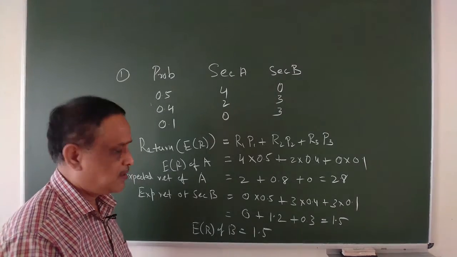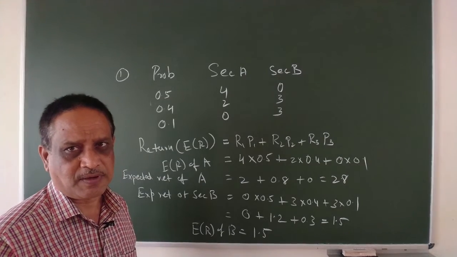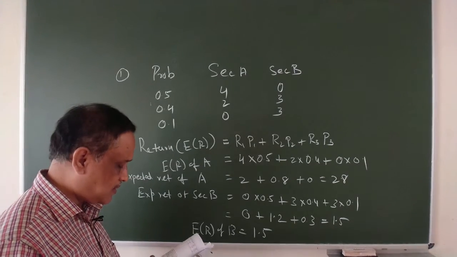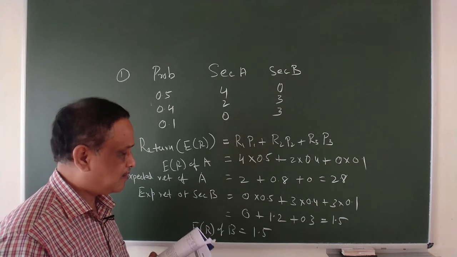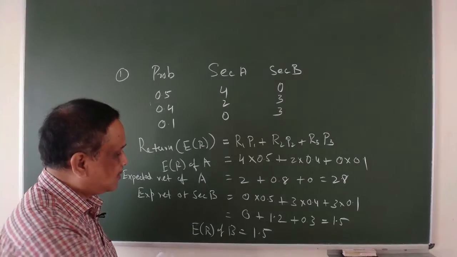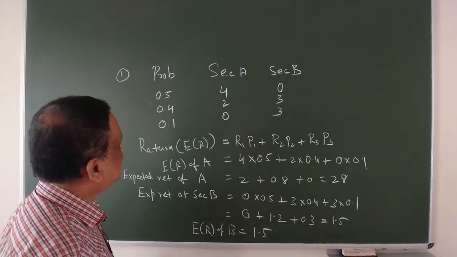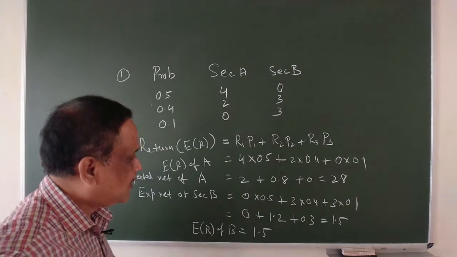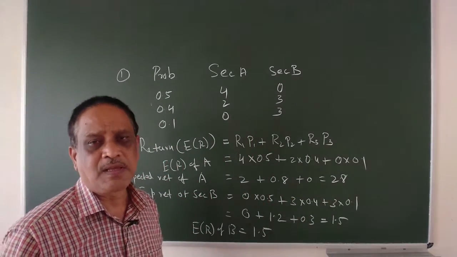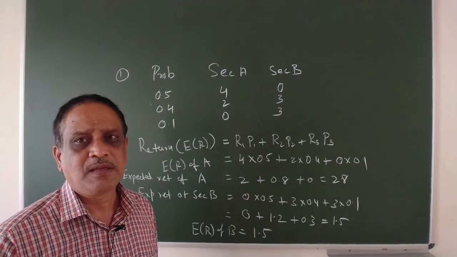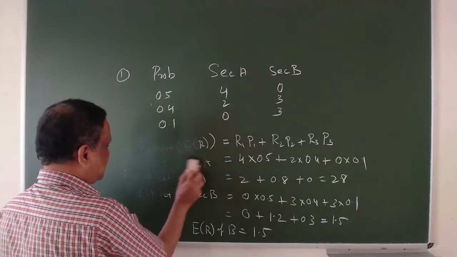So based on returns, security A is preferable. A will give you higher profit, higher return. But we have to see return and risk also. We have calculated the return, which we call the expected return. Now let us see the risk. How to calculate risk? For shares we normally denote risk as standard deviation. Let us see how it is done in this case.